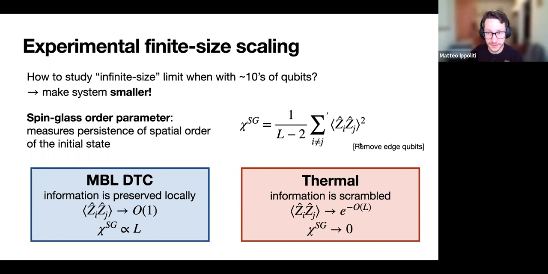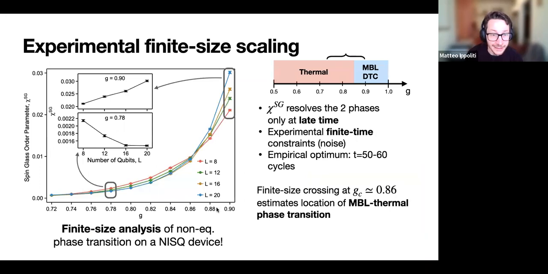So, given these expectations, what does the data actually look like? So what we do here is we start with our chain of maximum length, 20 qubits, and then we make it progressively shorter to 16, 12, and 8 qubits, and we measure the same quantity in each of these cases. And these are curves for the value of this order parameter as a function of G. And as you can see,